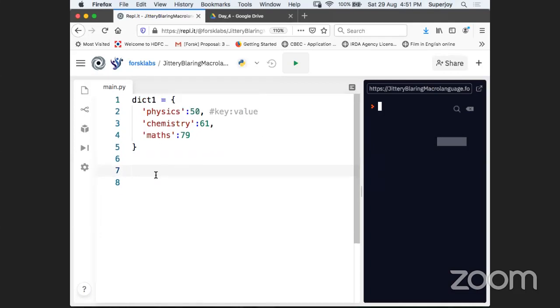And no, not possible, Satish, because keys are unique, right? So you cannot replace a subject. That means replacing a subject means first you need to remove that, and then you can probably make a new entry, something like that, Satish.